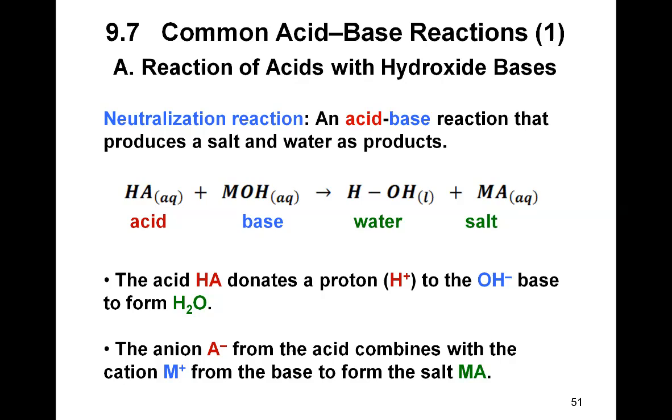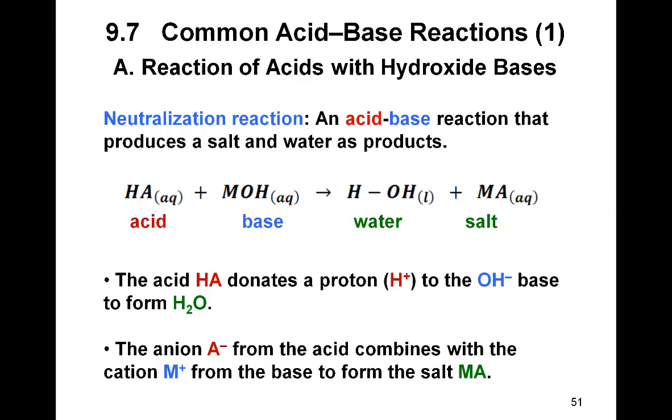And so M here represents a metal from group 1A or 2A, the alkali metals, group 1A, or the alkaline earth metals from group 2A. These metals usually make a compound with the hydroxide ion, and these compounds are basic. So if we put them in aqueous solutions and make them react,